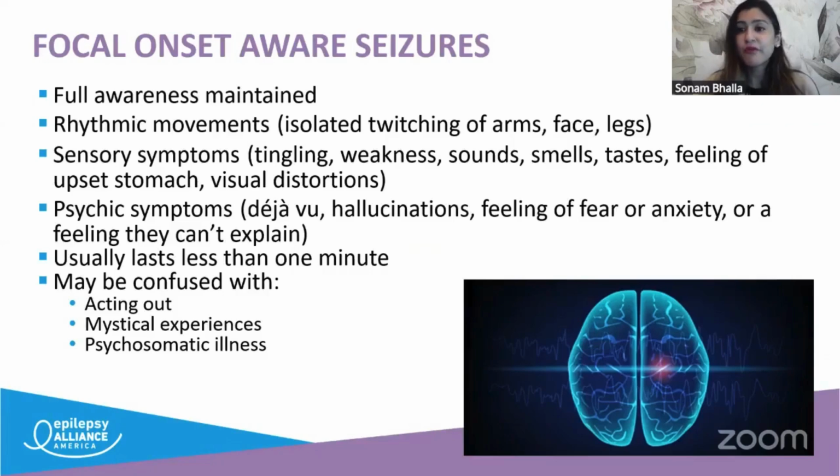But if you can provide a description of the seizure, if not, a video is very, very helpful. Seizures tend to have some phases to it: a pre-ictal phase, an ictal phase, and a post-ictal phase. Pre-ictal is usually that aura that will help us distinguish between focal versus generalized. Ictal, of course, is during the seizure, what they're doing, and post-ictal is also sometimes very helpful depending on what their